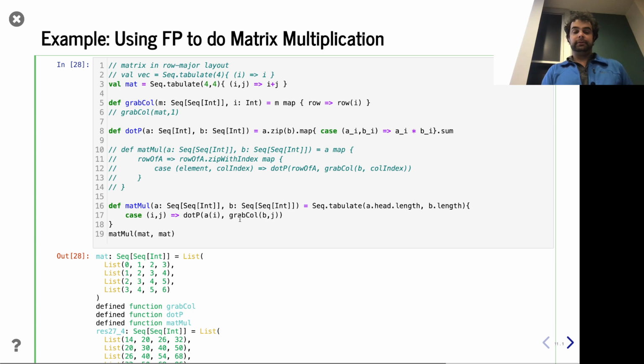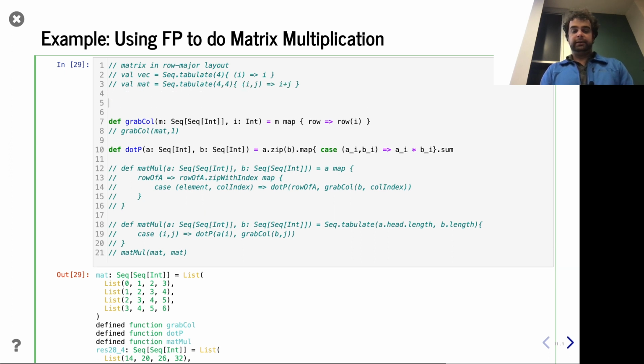And you get the same result. So I and J come from tabulate. So tabulate, if you remember, the way it works is you give it a dimension limit, and then it gives you 0 until that number. And if you give it 2 numbers, yeah, it's actually a great question. So maybe the best way to get that across is what if I go ahead and say seq.tabulate